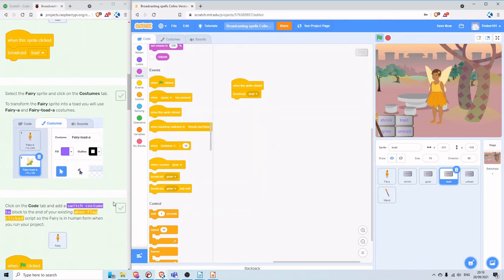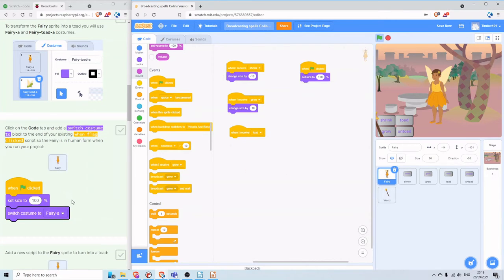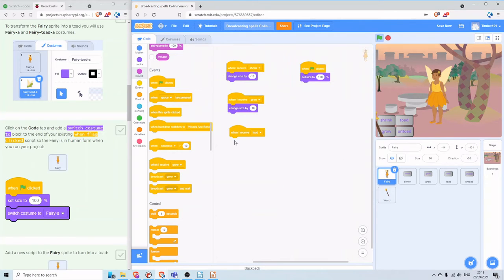And the way this is going to work is that when the fairy receives the message toad, so I've clicked the fairy, and when I receive toad, I need to switch costume. I'm going to set my size to 100%, and I'm going to switch to costume fairy A. So we're going to code for when the toad is